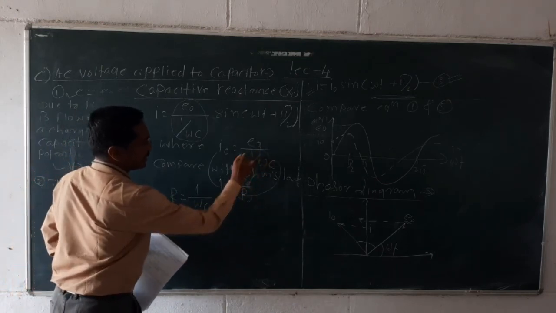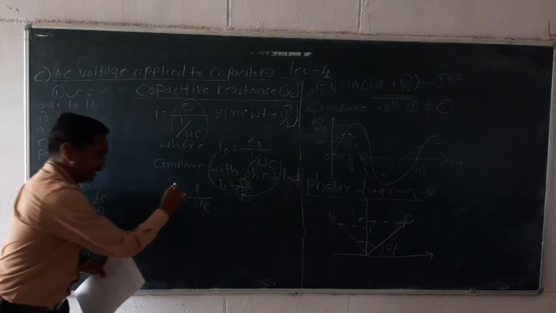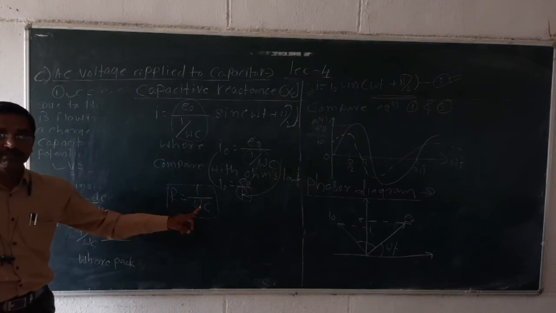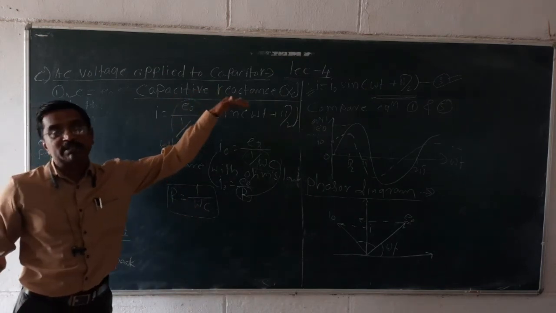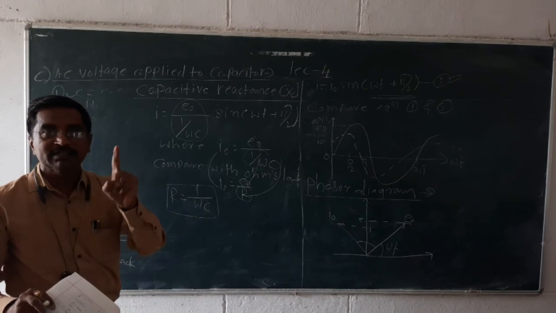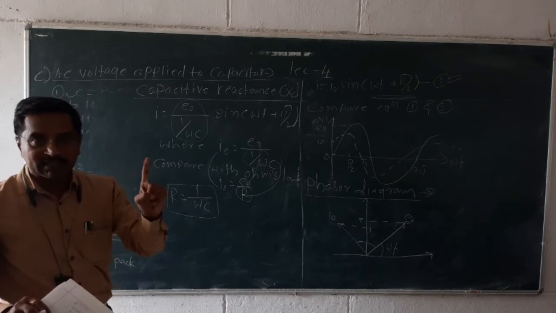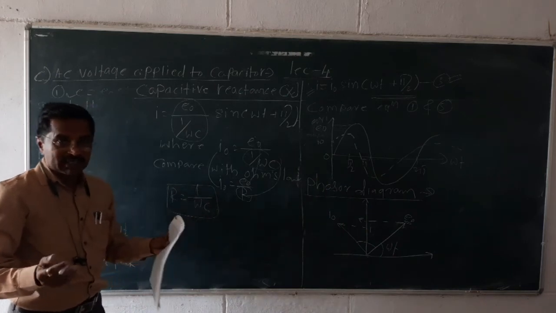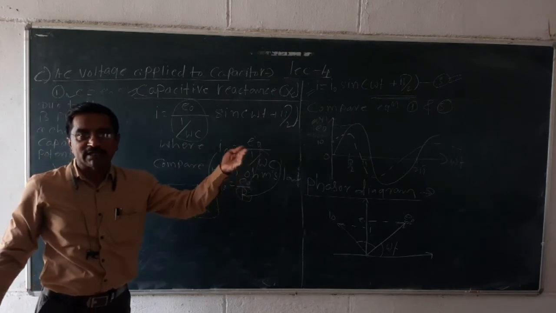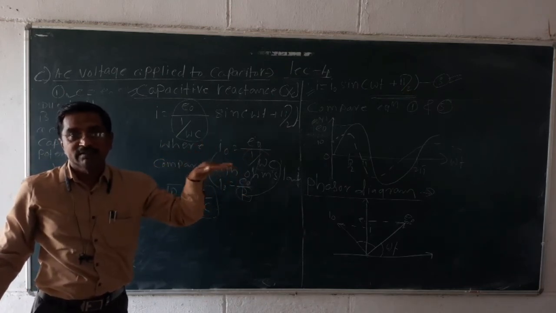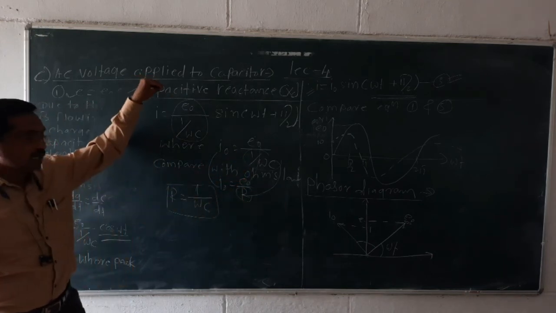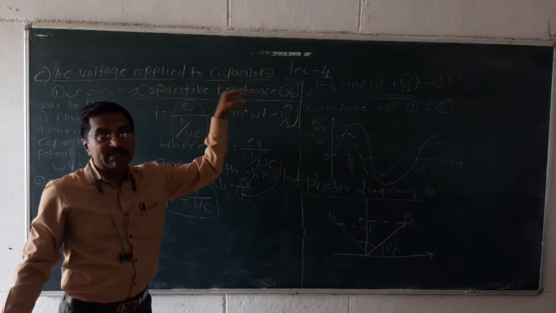या R बरोबर हे येणार आहे 1 upon omega C. So in case of capacitor, the resistance is nothing but 1 upon omega C. याचाच अर्थ, when the current is flowing through the capacitor, that capacitor opposes the flow of that alternating current, and therefore that capacitor having resistance, and its resistance is called as the capacitive reactance. The opposition offered by the capacitor for the flow of current, currentला capacitor कडनं जो oppose केला जातो, that is called as the resistance of the capacitor, and it is capacitive reactance. त्यालाच काय म्हटलेलं आहे? capacitive reactance.